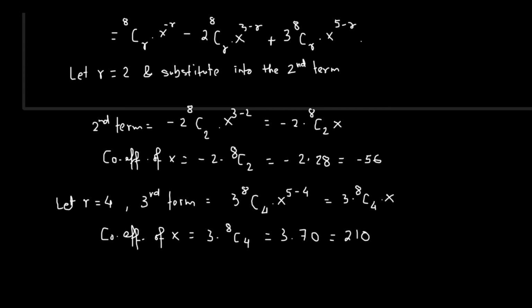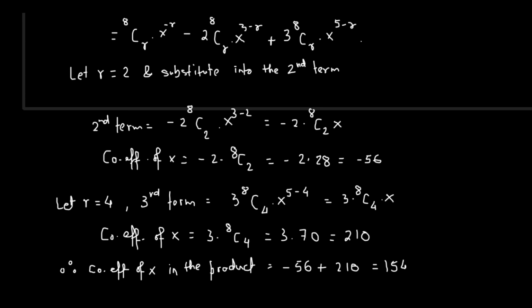Now that we have two coefficients of x, we can write the coefficient of x in the product of the given binomial expressions as simply equal to the sum of the two coefficients, which is negative 56 added to 210, and that gives 154. So this is